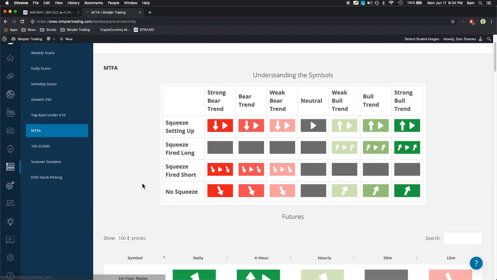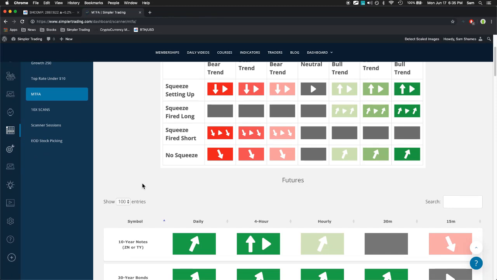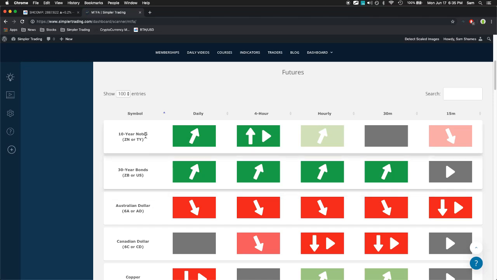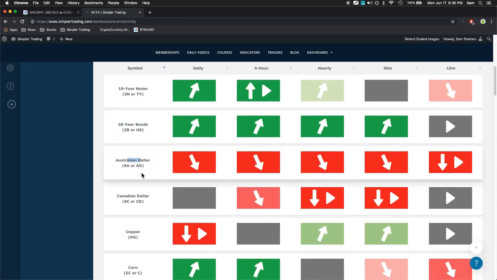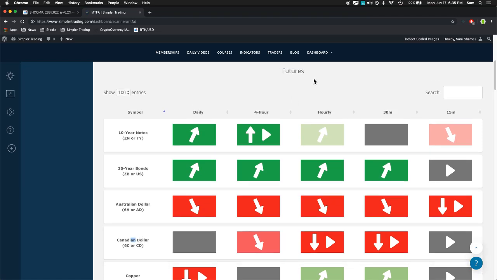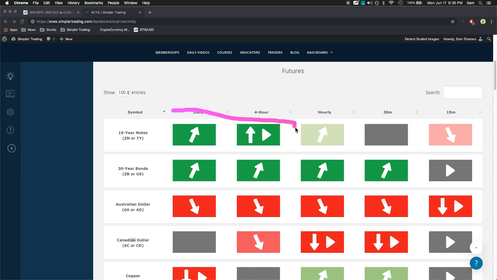The MTFA is, if you like the macro conversation that we started the session with, then you'll probably really like the MTFA. And the reason is because we have all our stuff here that we care about: notes, bonds, Australian dollar, Canadian dollar, copper. All these things that are on the list that I'm going to give you at the end of the session are here. Now, granted, this is the Fisher Price setup of just up arrows and green,